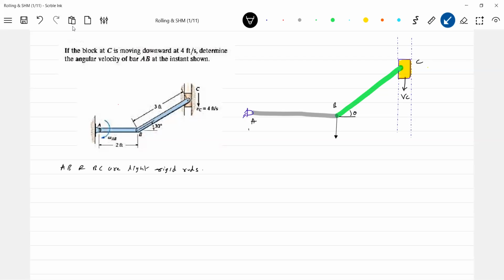Any reason? Because the rod AB is hinged about this point. The rod AB is hinged about this point, and it will rotate like this. It will have angular velocity omega 1. Because of that, the linear velocity of point B must be vertically down. I think this is the primary factor in analyzing this problem. This is theta. This will be theta.